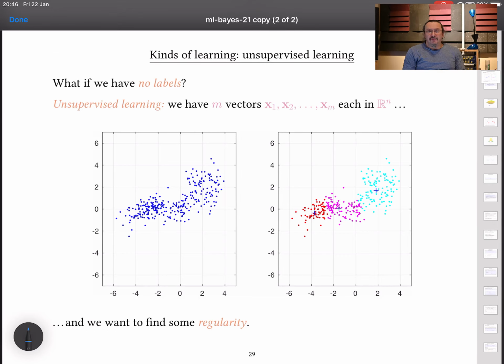Now let me just briefly mention some other kinds of learning. The first is unsupervised learning. And the question here is, what if I just give you a bunch of feature vectors that haven't got any labels? I just give you m vectors. On the panel on the left here, I've just given you m vectors. The question is, can you identify any structure in that? This field also tends to be called clustering, because what we're trying to do is identify an underlying bunch of populations from which we think that this data was generated. And on the right, I've run a simple clustering algorithm, and it's suggesting to me that those are the three clusters that we used to generate the data on the left.